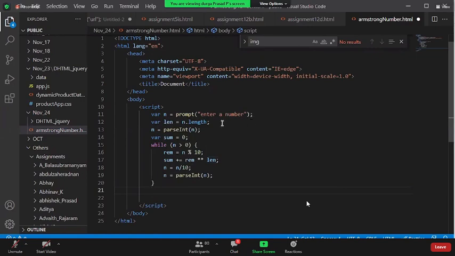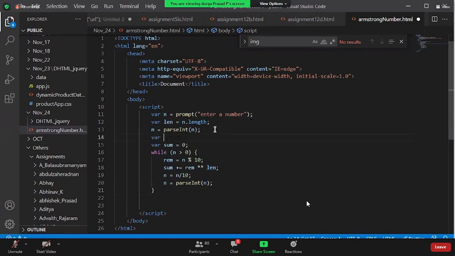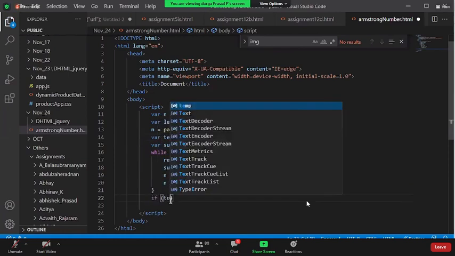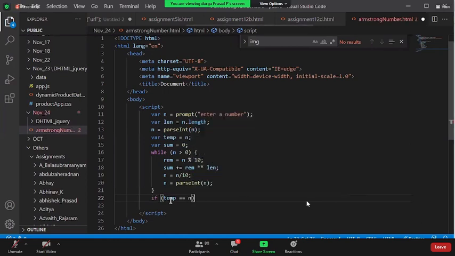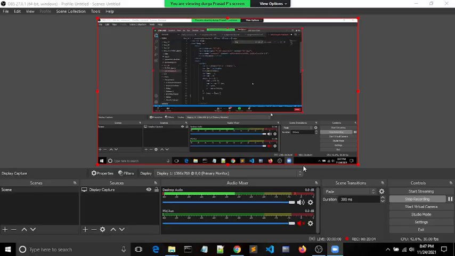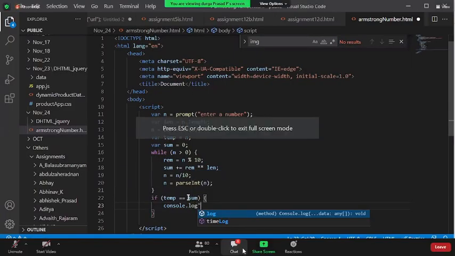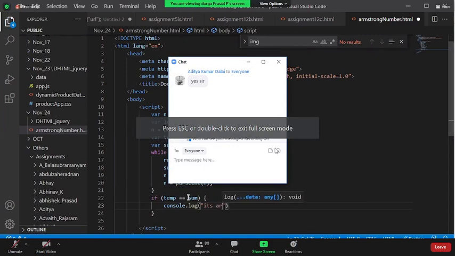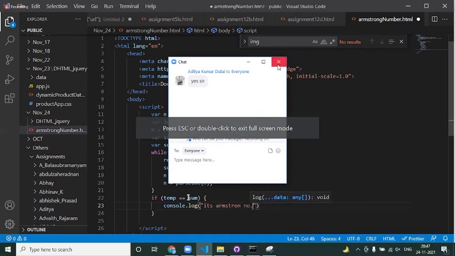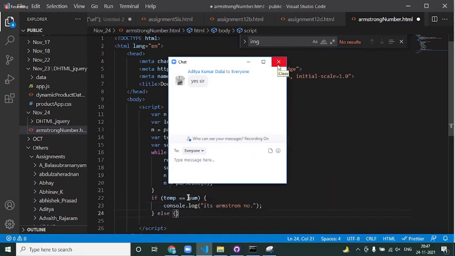Before converting this, can I take n into something else, where temp is equal to n? I will take it out so that once I'm done with this, if temp is equal to sum, then I can simply say console.log it's an Armstrong number, else